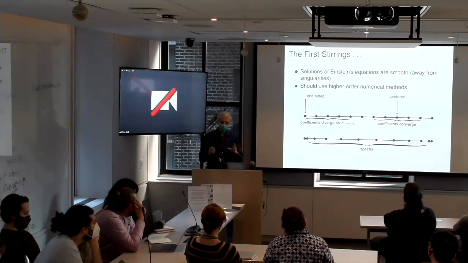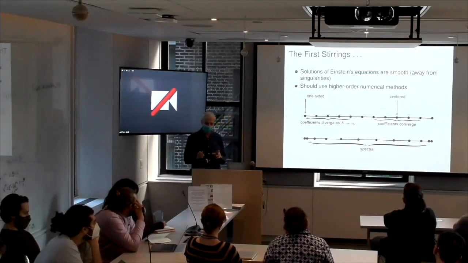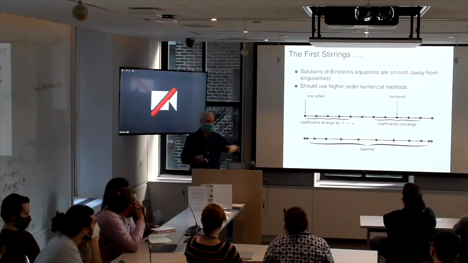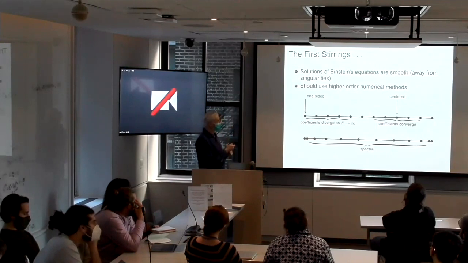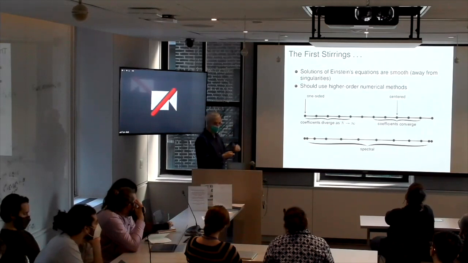Okay, so the first idea is that it might be a good thing to look at more modern methods, right? It's not like applied mathematicians have been sleeping for 60 years. They've been developing all kinds of interesting stuff, right? It's that we as astrophysicists haven't been paying attention. So in numerical relativity, the key thing is to recognize that the solutions of Einstein's equations are smooth in the